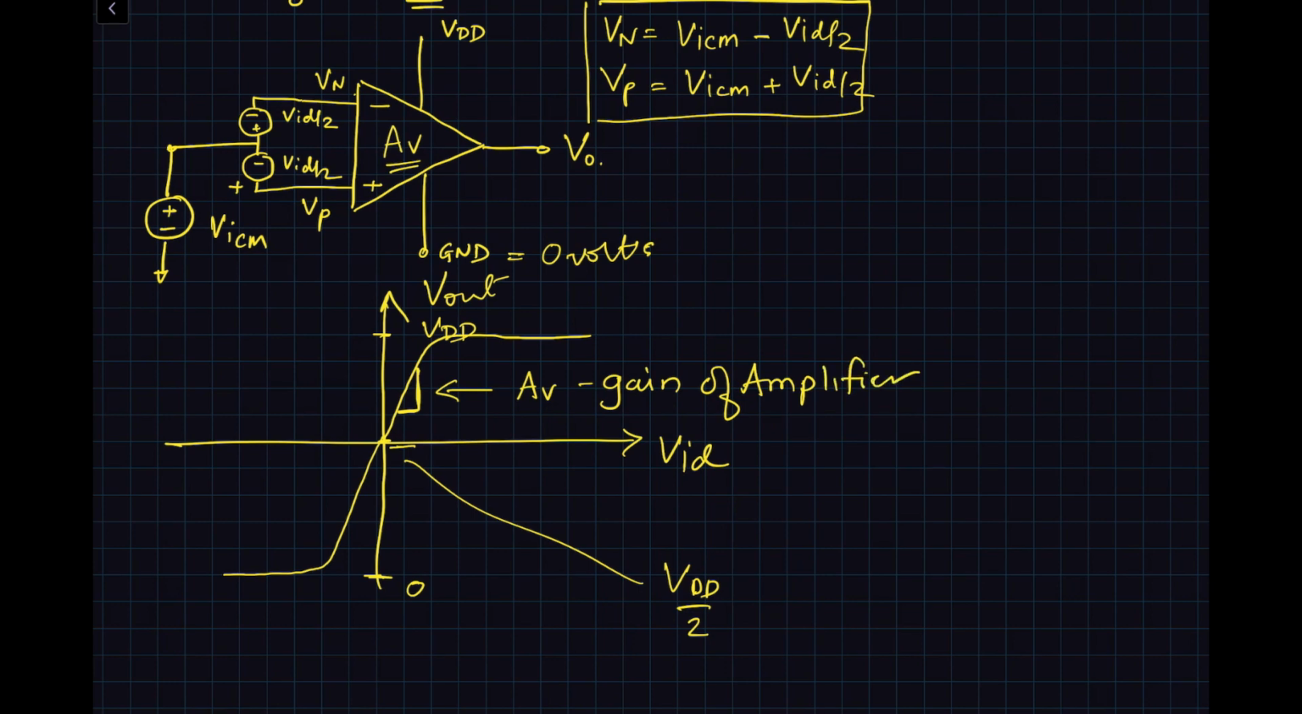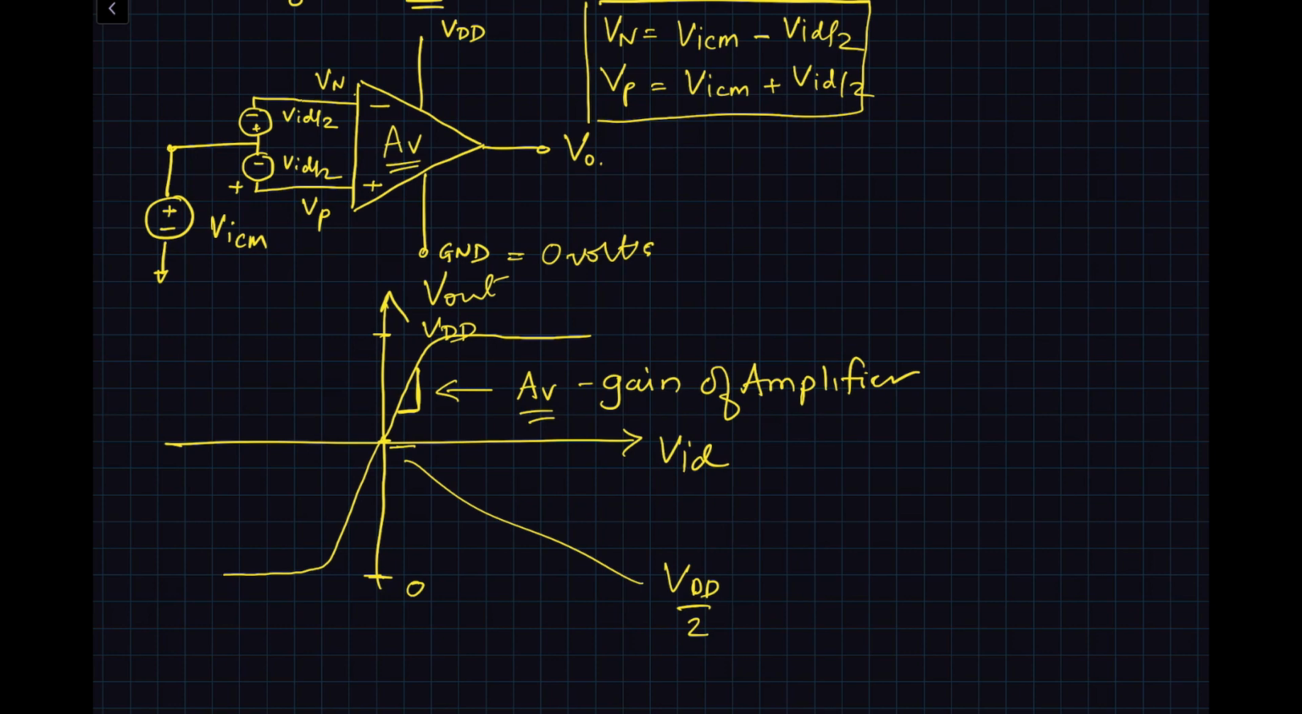And as I said again, this AV, we would like it to be very large. It could be 1,000, 10,000, 1 million, something like that. So the higher the gain, the more ideal the op-amp will look. All right. So once you understand this,